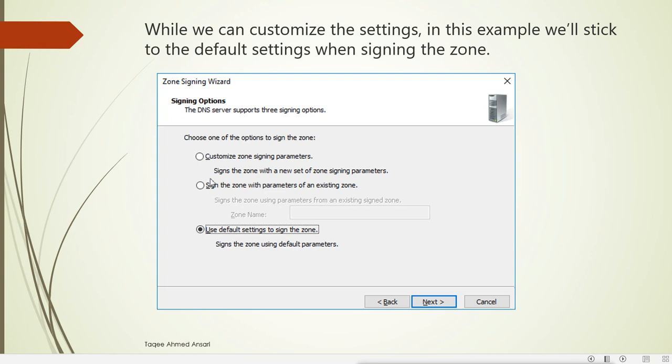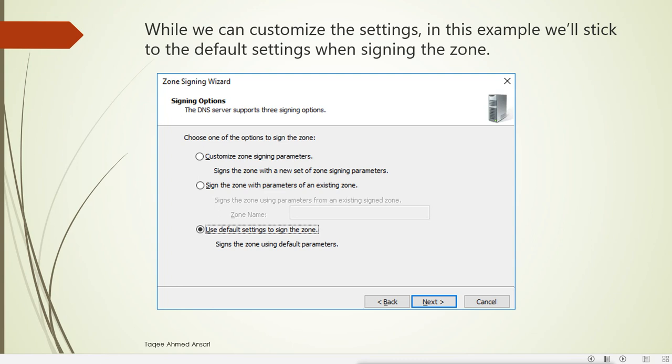The first option is customize zone signing parameters, which means you select parameters manually. Or you can sign the zone with the parameters of an existing zone. So if you already have a zone which is signed, you can use that signature also, or you can use the default settings. Default settings are sufficient, so you can just use the default settings for signing.